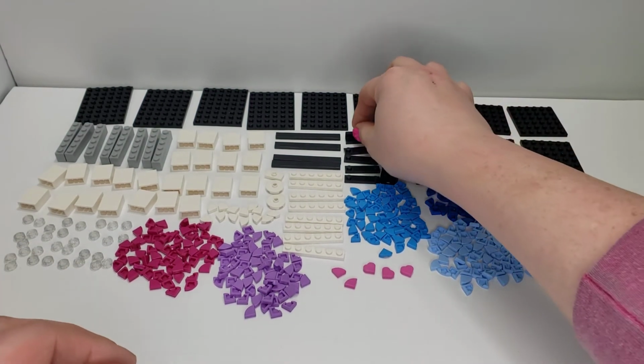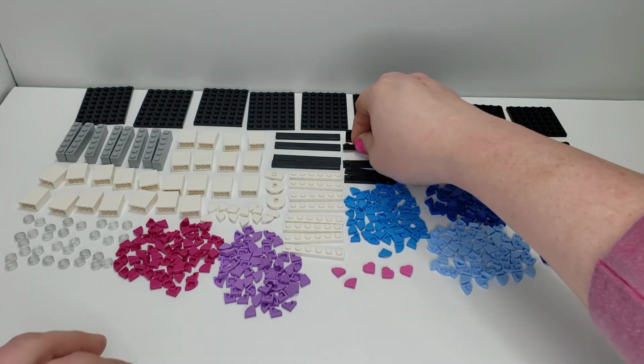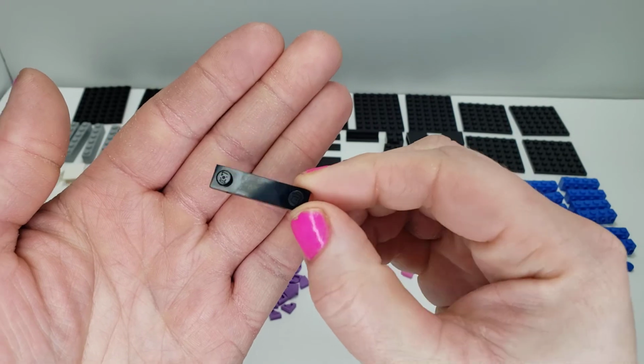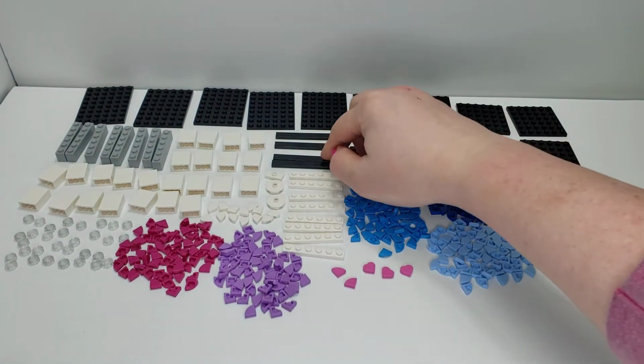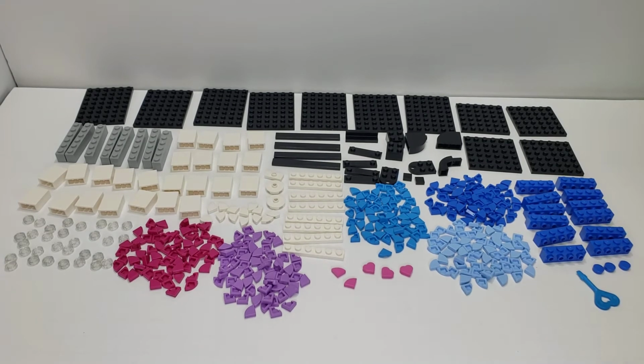Some black bricks, not too special. 1 of these random panels, and then a couple, 4 of these kind of jumpers where the studs are on the sides there, and then some 4 1x8 black tiles. So that's everything in this set, and it feels like it goes pretty quick, but you know,